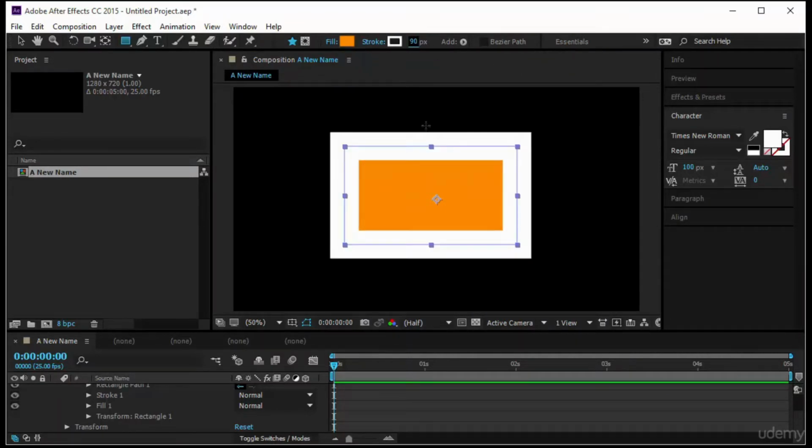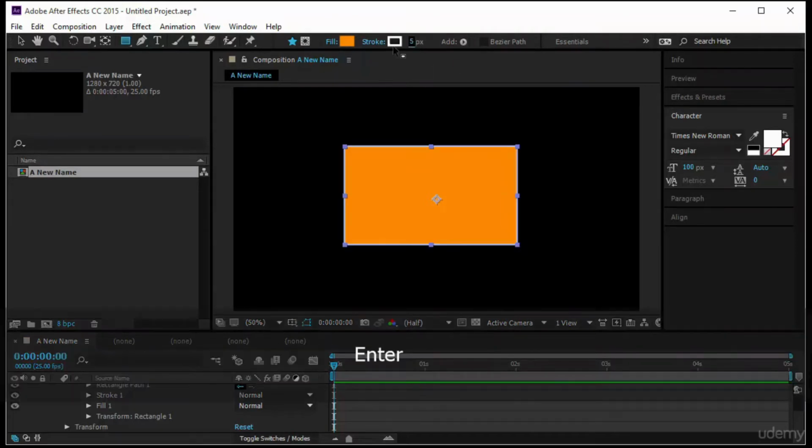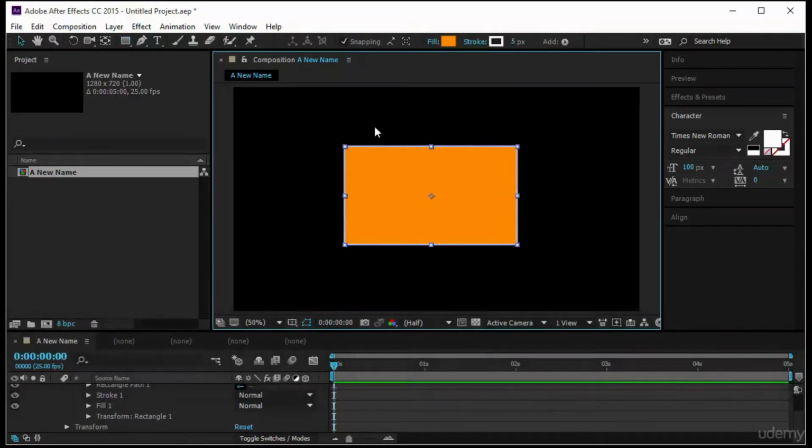You notice how the stroke works. Half of it, for example, this is 90, so 45 is outside the limits of the layer, and 45 is inside the limits of the layer. This is very important to note. So the stroke is divided, it's not totally outside or totally inside. I'll put it back to 5, and I will delete this rectangle to start showing you how to use the